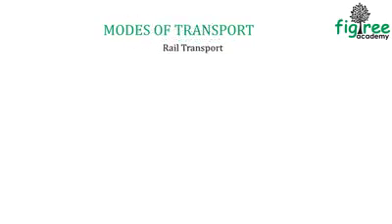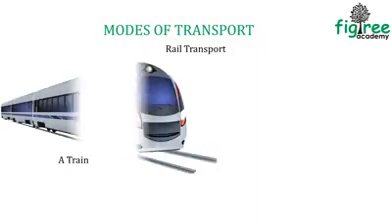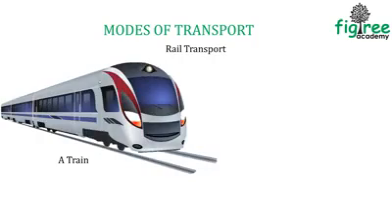Okay, we are still continuing on the modes of transport, and today we are going to focus on rail transport. An example of rail transport is a train. Generally, rail transport is commonly used to move heavy and bulky goods over long distances. The rail transport system in most countries is government owned because of the high initial capital costs. Rail transport provides transport for both goods as well as